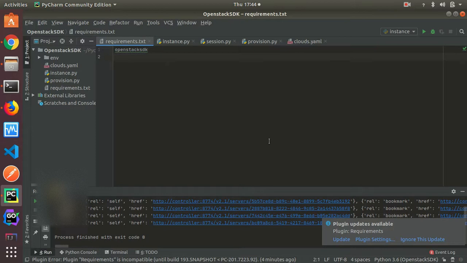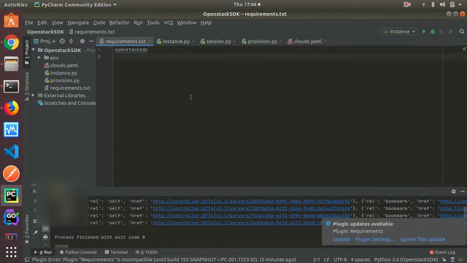In my previous video, we already saw the handling of OpenStack using REST API. We had previously decided on two options, and the first option, using REST API, is done. Now we will move to the second option, which is using the OpenStack SDK. So let's start.